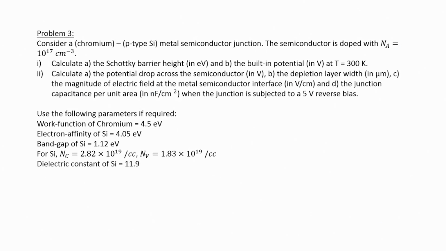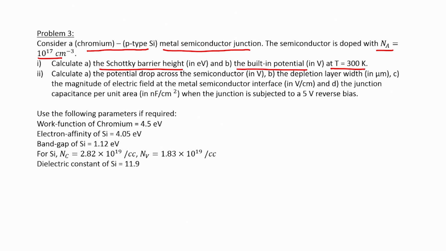So now let us move into the next problem. The problem states that there is a chromium and p type silicon metal semiconductor junction. The semiconductor is doped with Na equal to 10 to the power 17 per centimeter cube. So first you have to calculate the Schottky barrier height and the built in potential at T equal to